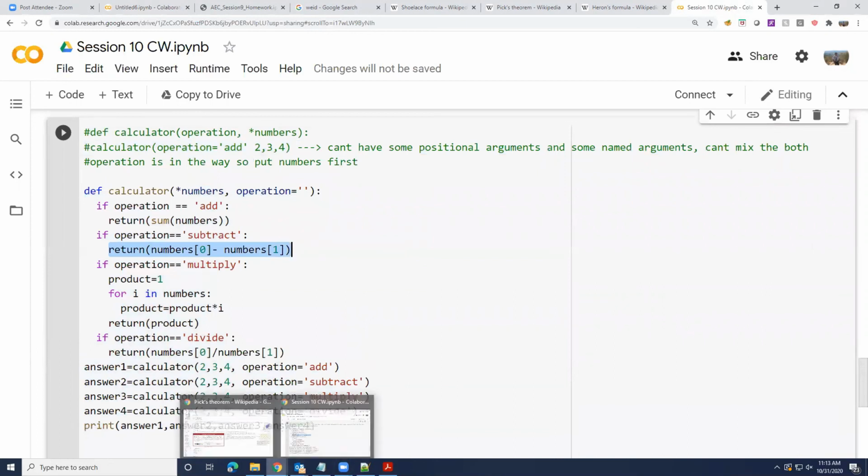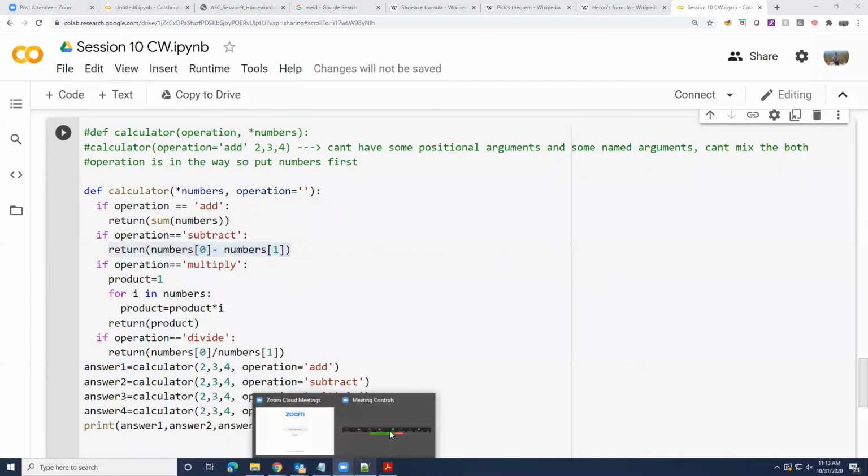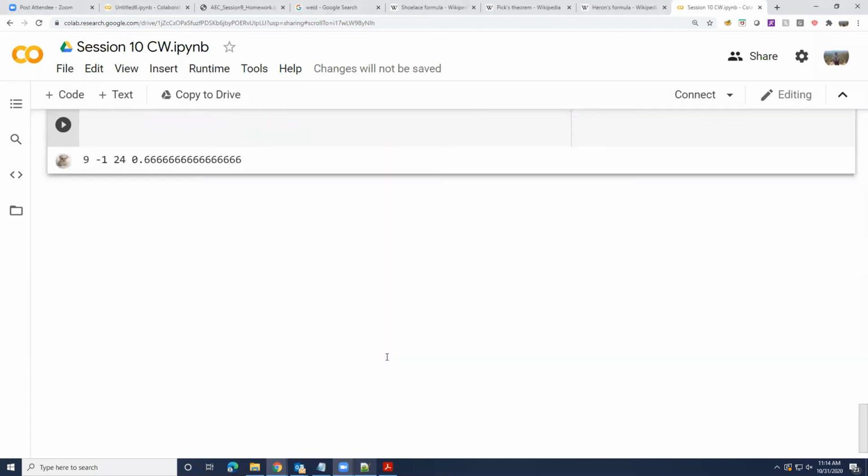Any thoughts on what's the problem with this? Absolutely. Shruti herself got the problem. Okay, so there might not be two numbers given. What happens if I just call it with 1 comma operation equal to subtract? Let's look at her calculator and let's call it with that.